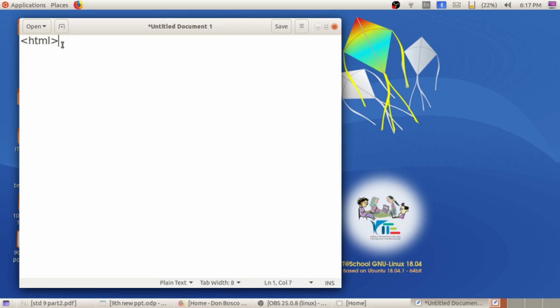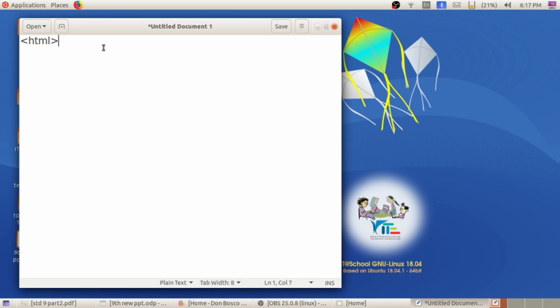Inside angular brackets you type the corresponding main tag. This is the header tag. If you are not giving this header tag, your code will not work. So always specify the main tag called HTML. Always specify each and every tag in